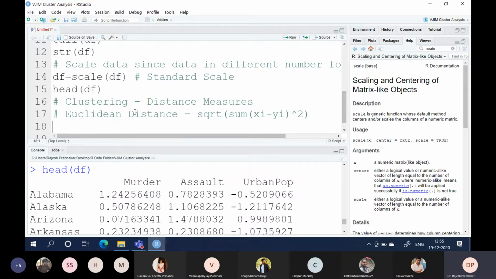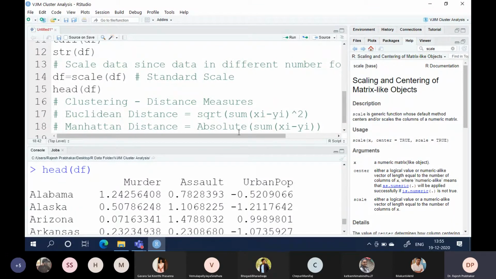Now, there is one more popular type of distance, which is Manhattan distance. Manhattan distance is the absolute sum of xi minus yi. You will take the absolute value of xi minus yi, ABS or absolute value.